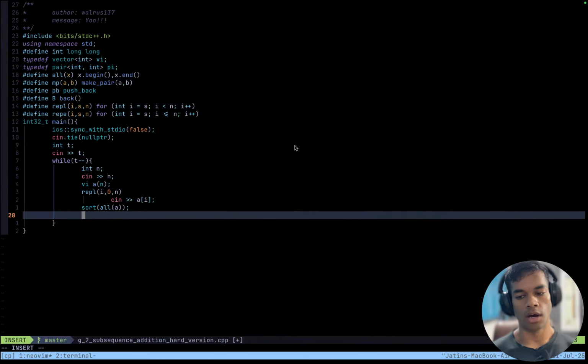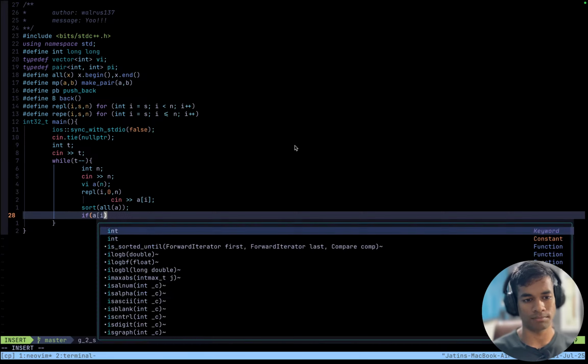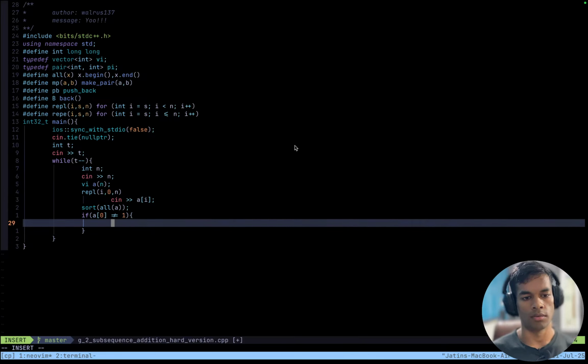And after sorting a, if a0 is not equal to 1, then cout